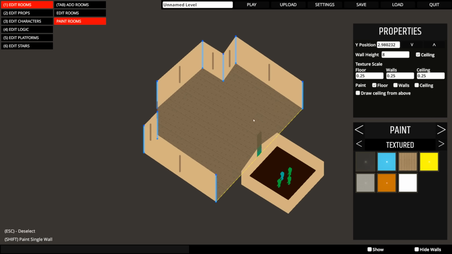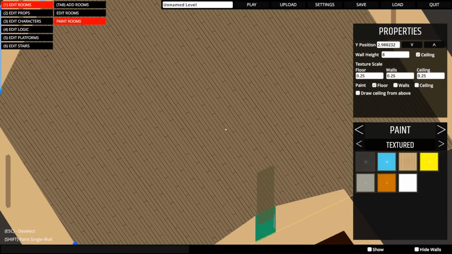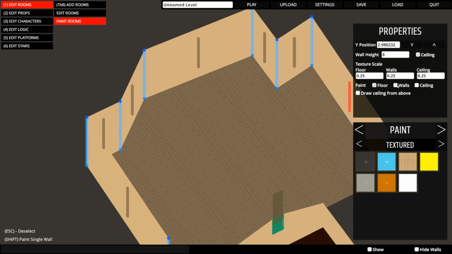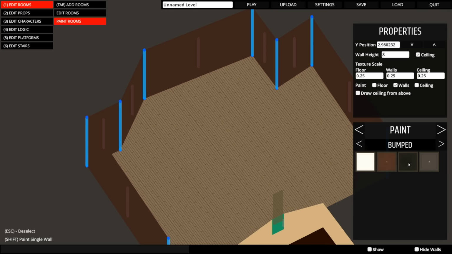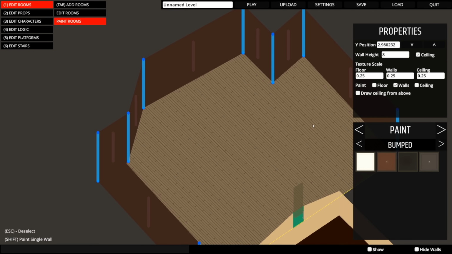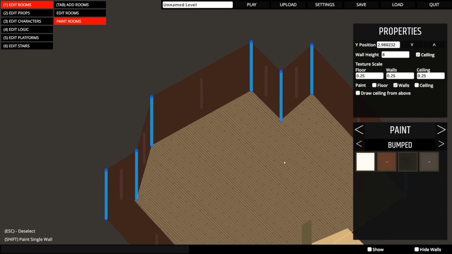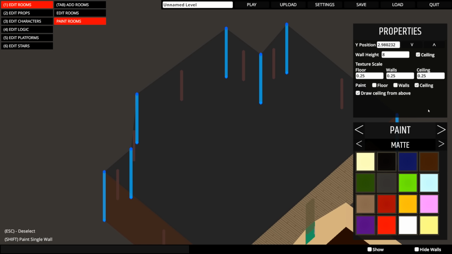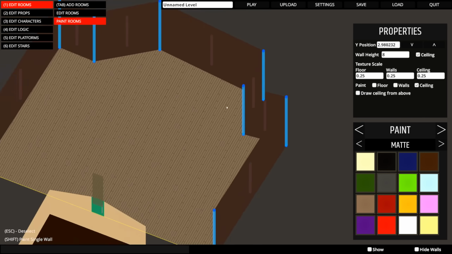Let's get one of the textured ones. We'll do this wood texture here, which is from the Pirate Cove, I believe. The walls, yeah, we'll do one of these bump textures, which I think these are from one of the beneath areas, which is an upcoming mode in the game, which is going to blow everything else away. The ceiling, I'll just temporarily show ceilings, so I can see what it looks like. Cool. Alright,